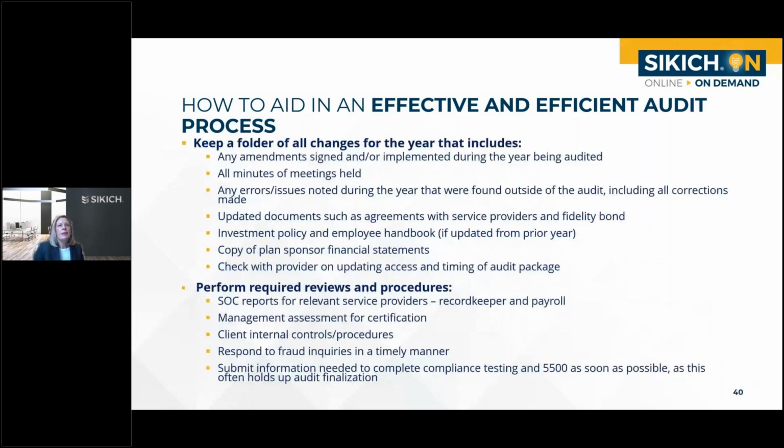So this next slide, I really want to hone in on here is the importance of documentation. Documentation is key to ensuring the effectiveness and efficiency of an audit. And really, it's important that plan sponsors be prepared to provide all relevant minutes of meetings, plan documents, agreements, policies, procedures, as well as audit package support, so that we can really make sure that we understand all of